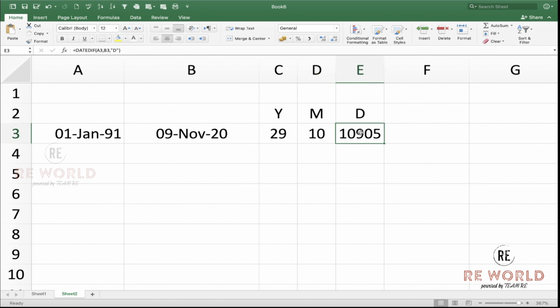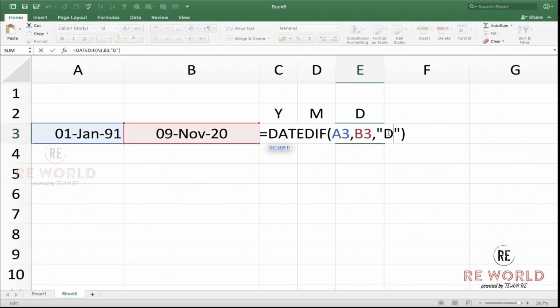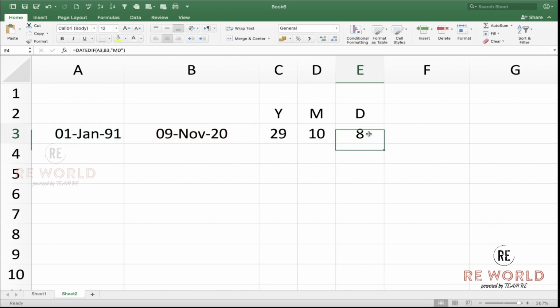So here I don't need years or months, I only need the remaining days, not the full days. So here I'll make it MD. So from 1st January 1991 till November 2020, 29 years have passed, 10 months and 8 days.